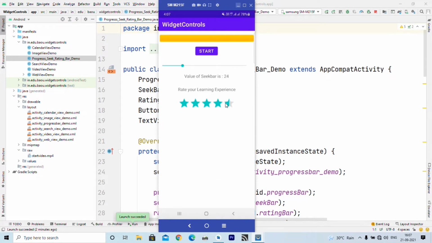So based on where the user clicks, it immediately displays the value selected by the user. Now remember, on an e-commerce site they provide a submit button also, so that unintentional feedback cannot be submitted. It should be used with a submit button. So I hope you understand how to use the progress bar, seek bar and rating bar in your app.